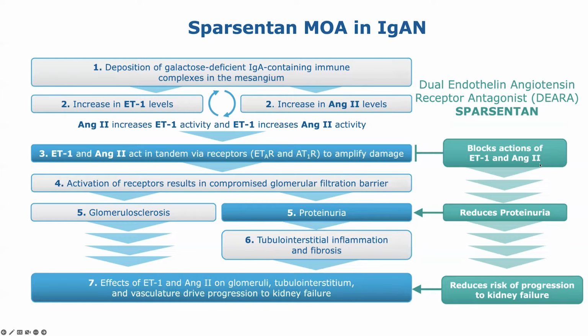In this paper, we provide practical guidance on the use of sparsentan, a new FDA-approved treatment for adults with IgA nephropathy at higher risk for worsening disease. Sparsentan is the first non-immunosuppressive medication approved by the FDA for the treatment of IgA nephropathy to reduce proteinuria. Sparsentan, taken as a once-a-day pill, targets two important pathways, as shown in this figure, endothelin-1 and angiotensin-2, that lead to the loss of kidney function in IgA nephropathy.